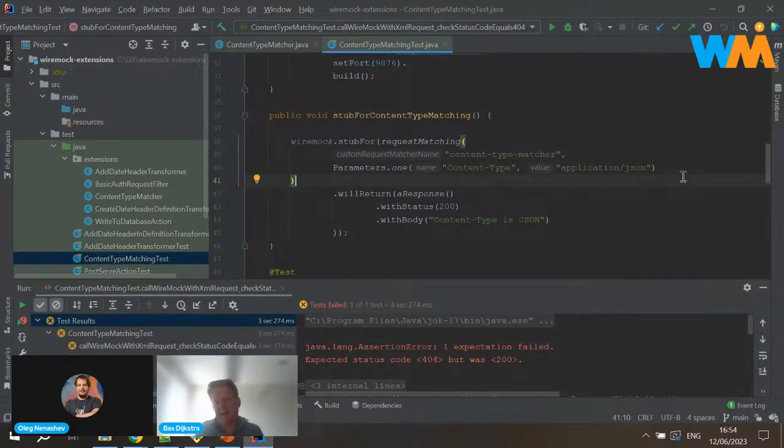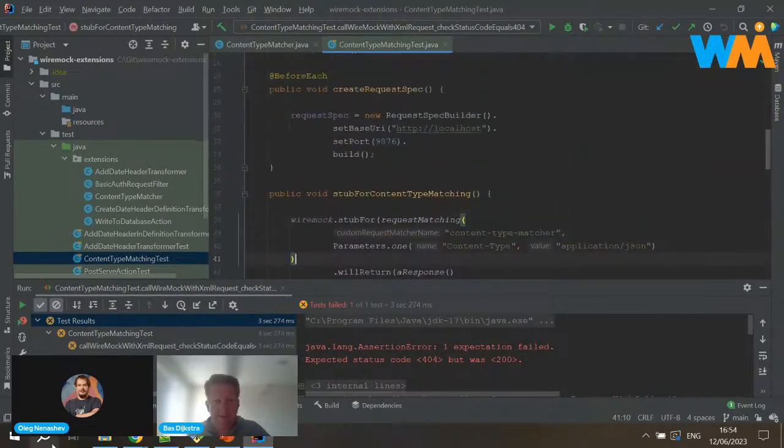You could combine the HTTP method check, done by using a built-in WireMock matcher, with my own custom matcher as well, because I want to check for several different properties of my incoming requests before I decide to return a specific response. I hope that answers the question well enough. If not, just let us know. Thank you.